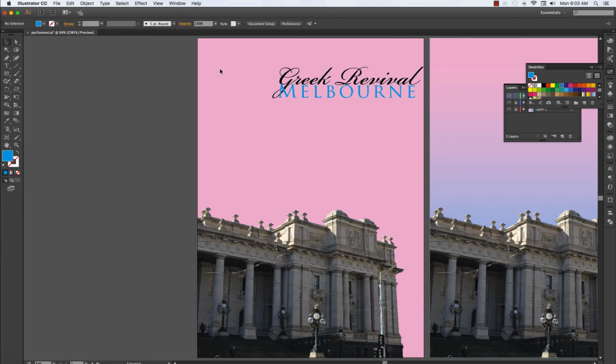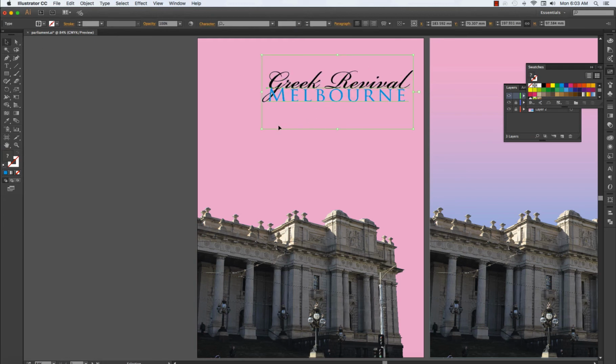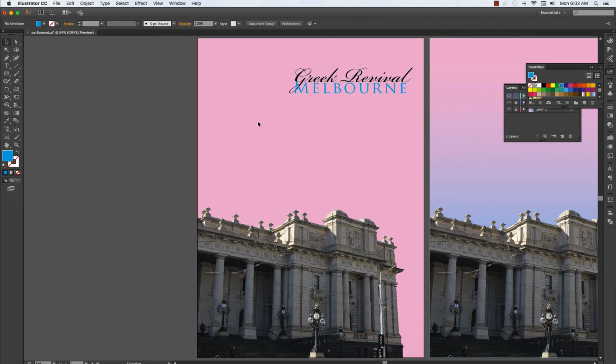Greek revival. Okay, is that all a bit big? I might just reduce that. So I'm going to go to the corner of the box, holding the shift key. Always hold the shift key, and just playing around with the scale of that. Okay,